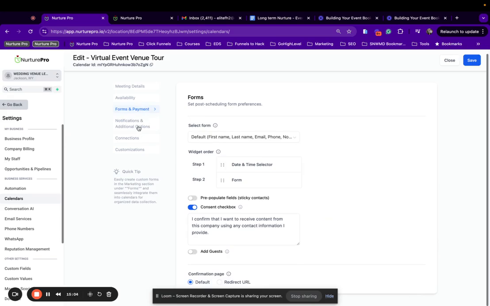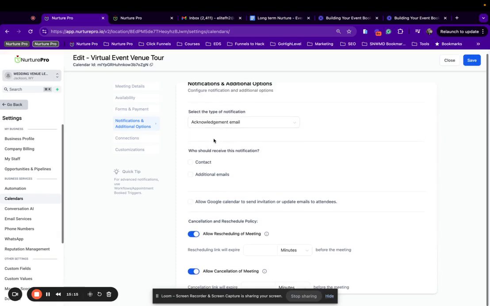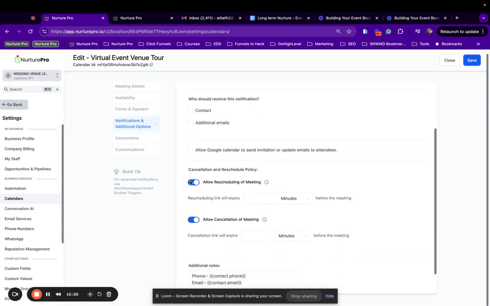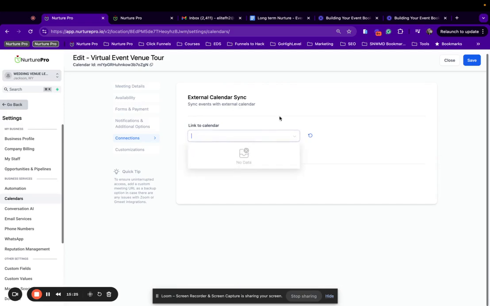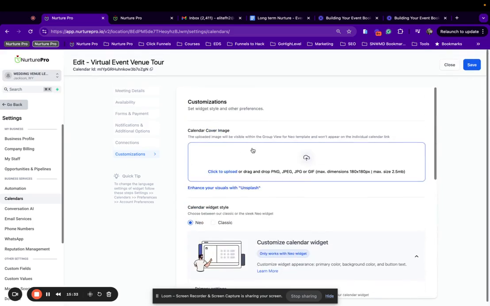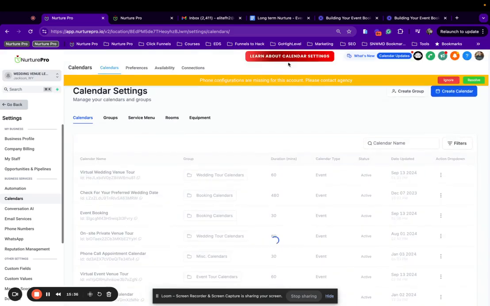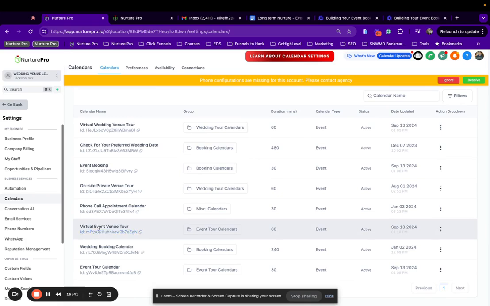Don't need to set up any forms or payments for that. Notification, since we're setting up all of our confirmation workflow in an automation, we don't need to set up just a basic acknowledgement email unless you want one. You can connect it to your Google Calendar, whichever one you want it to sync events to, and then check for conflicts. And you can change the colors if you want to, or add your logo to make it look nice for the calendar widget. So now we've set up the virtual event venue tour,